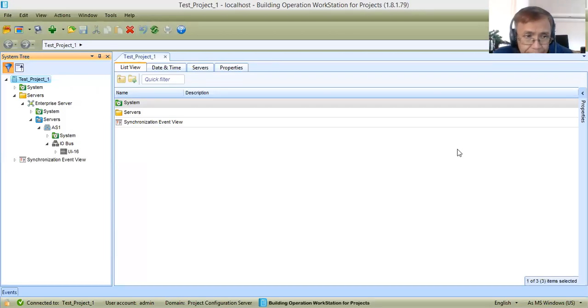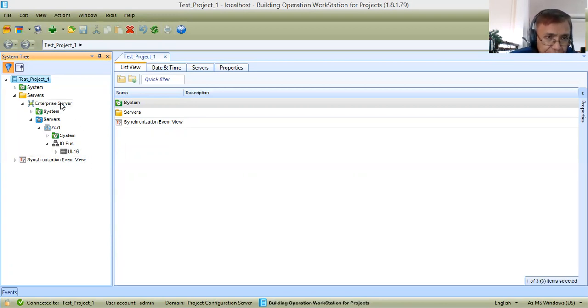Okay, welcome back. Now, I am sharing my screen for the software that we need to do the offline configuration of a BMS project. Please check or watch again tutorial part 33, because in that tutorial I already explained how I came up with this enterprise server and automation server configuration. Now, let me continue here.